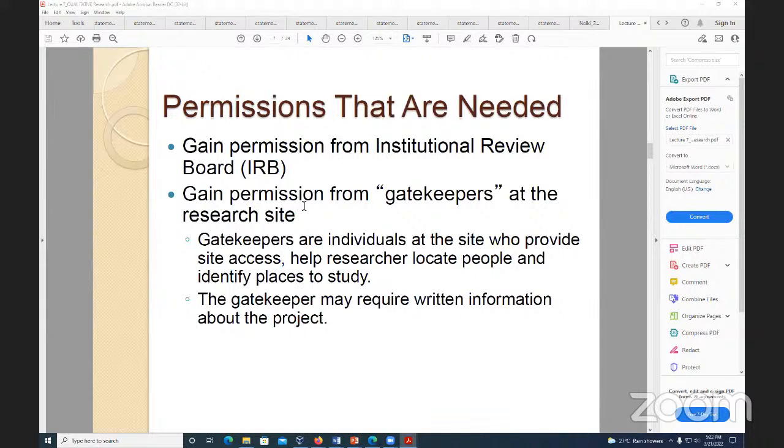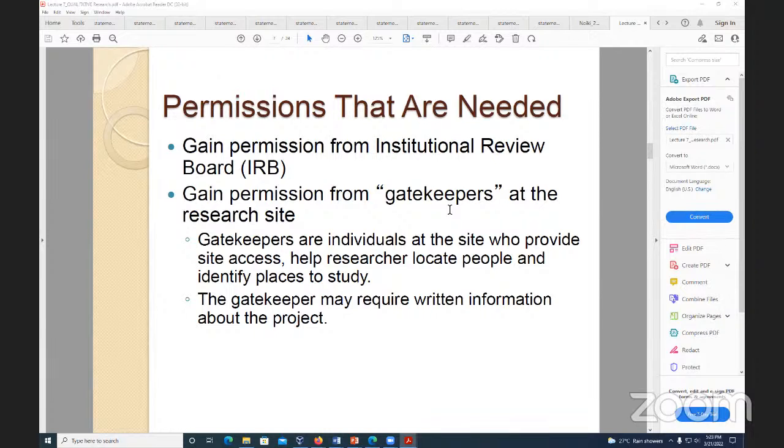Just like in all research, you need permission. In the US, it's called the Institutional Review Board. In the UK, Jamaica, etc., it's called the Research Ethics Committee. We have a Research Ethics Committee at UTech. And in addition to that permission, you also need permission from the place where you're going. They're called the gatekeepers. So the people in charge usually write a letter after you get the ethics permission, and you also talk to the people, obviously, to say, can I do research there?